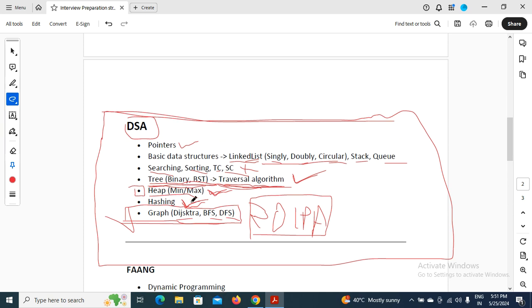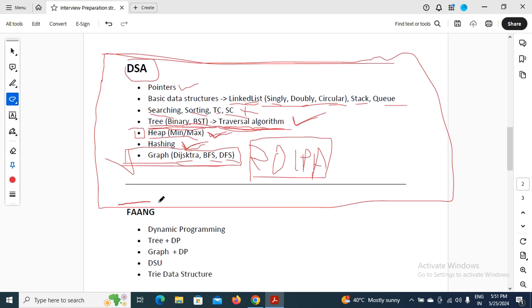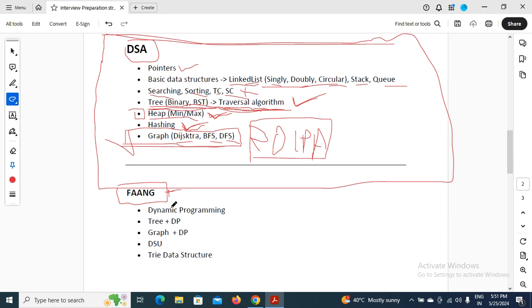And now let's say you are targeting FAANG, or along with FAANG you are targeting Microsoft, Uber, Lyft, Airbnb. Then this is needed for any of the companies. But if you are going for FAANG, let's say